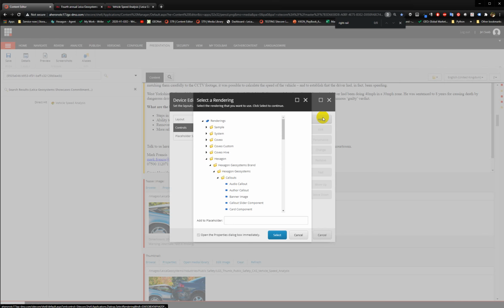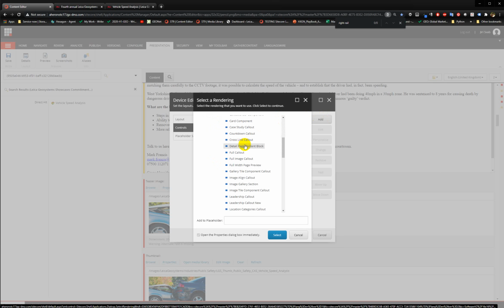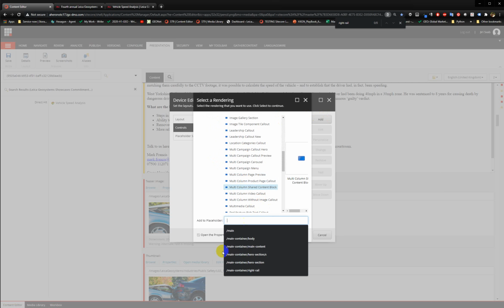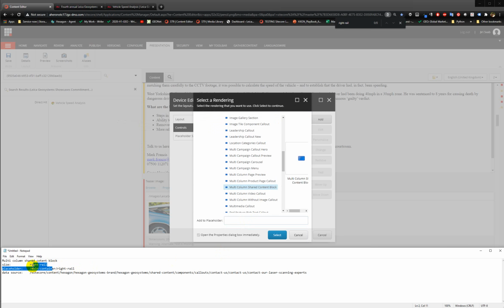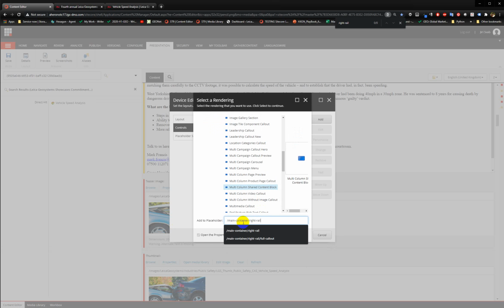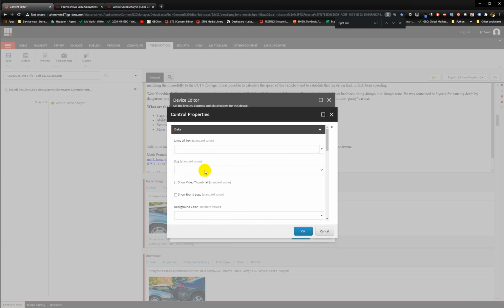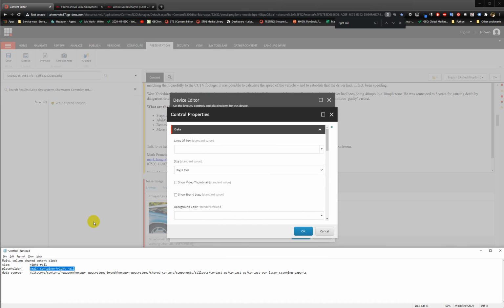So we click add here and find the multi-column shared content block. Okay, here we go. The placeholder is the right rail, main container right rail is the placeholder. I click select, another pop-up window will show up, and here I will just change the size to right rail. Okay, so I have this one, I have the size, I have the